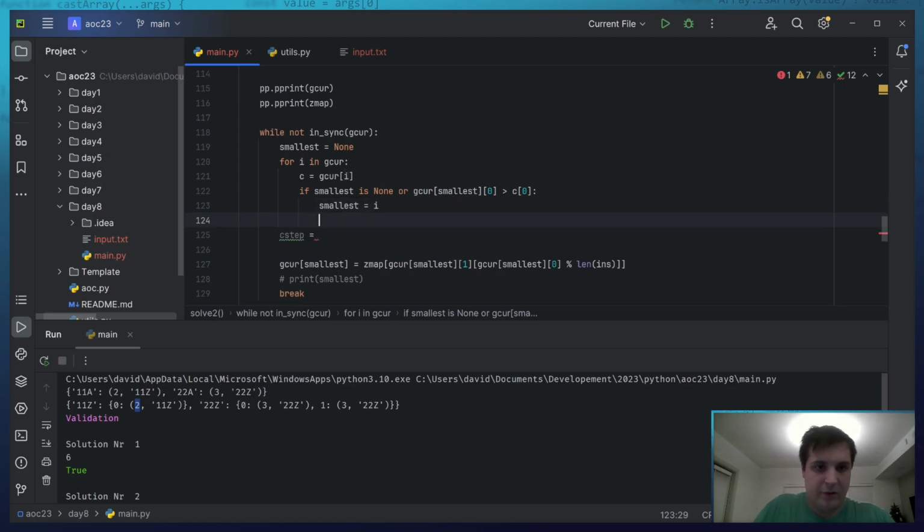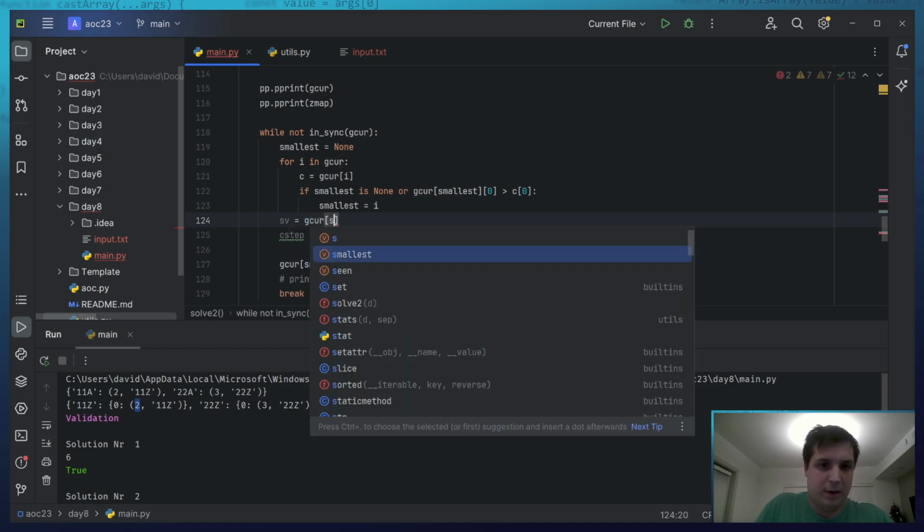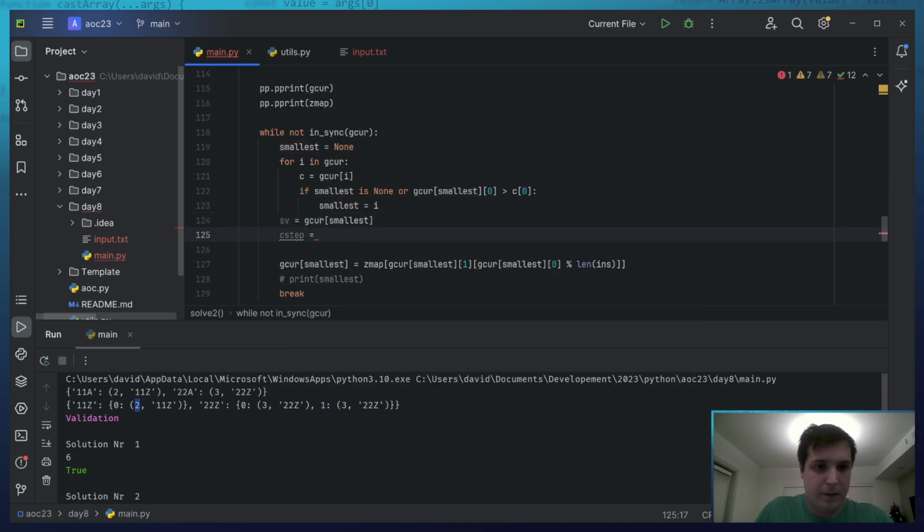Also, this is ridiculous. SV is for smallest value equals G cur of smallest. Now I can just say here smallest value, here I can say smallest value.